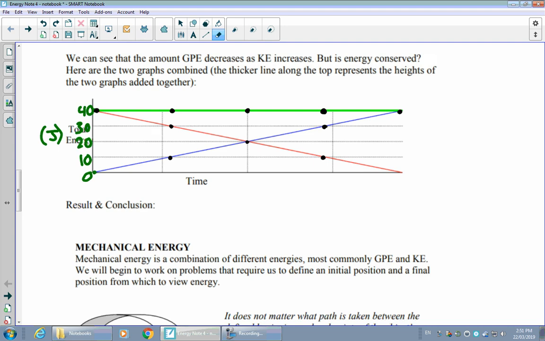So what's really important to make note of are the dots and where they lined up along the very top. So that green line then is really representing the overall trend that says regardless of what the individual energies are doing and how they're changing, the total energy remains the same. And that is the big take-home message that we can conclude from all this. So total energy remains the same.